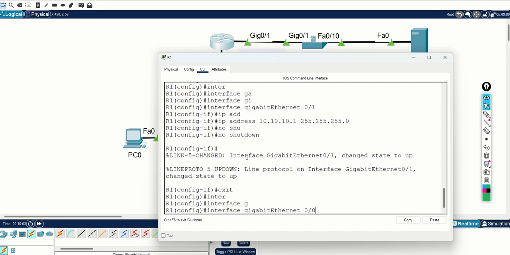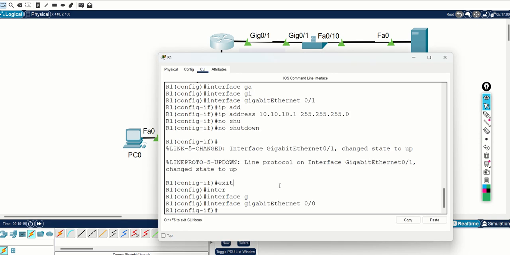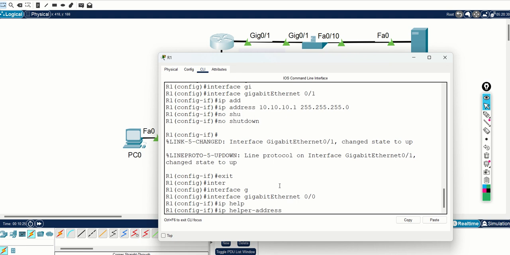gigabyte 0/0. Why have I chosen 0/0? Because the router 1 gigabyte 0/0 interface always receives the DHCP broadcast from its LAN endpoints. Okay. So now once you enter into the interface, let's configure the command IP helper address and the DHCP server IP address